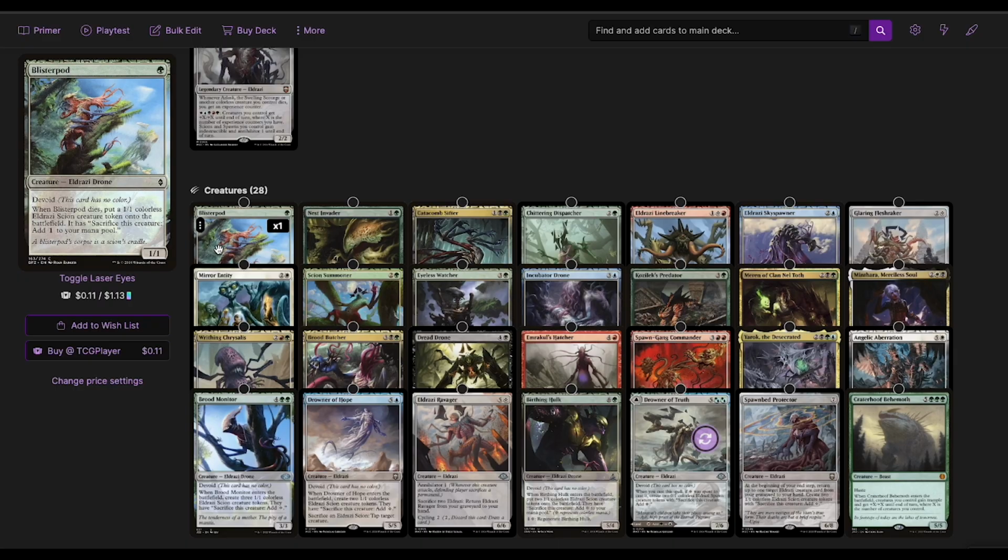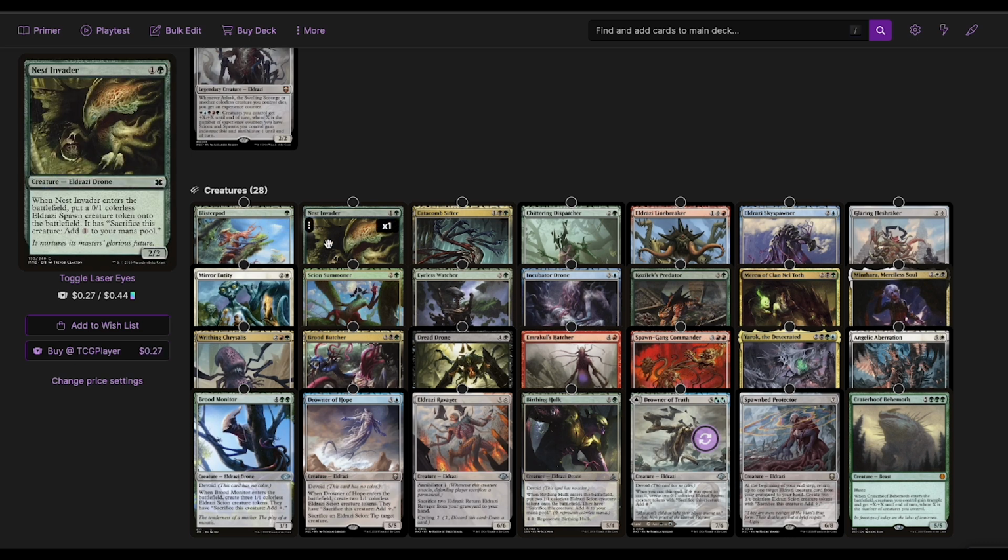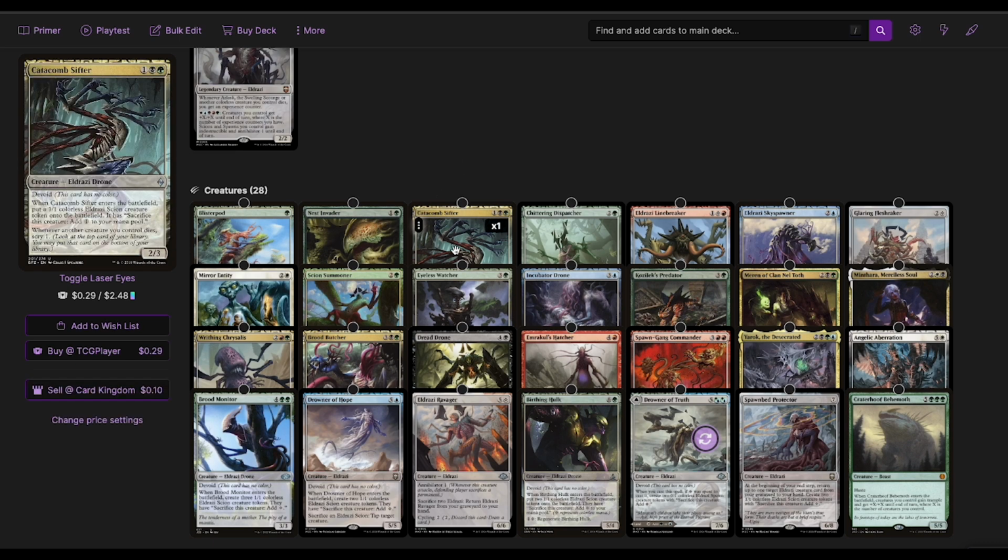Our first creature is Blister Pod. It costs 1 green to cast. When it dies, you put a 1/1 Eldrazi Scion onto the field. Nest Evader costs 2 mana to cast, and when it enters the battlefield, you create a spawn. Catacomb Sifter costs 3 mana. When it enters the battlefield, you put an Eldrazi spawn on the battlefield, and when another creature you control dies,